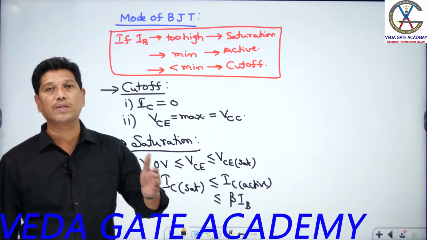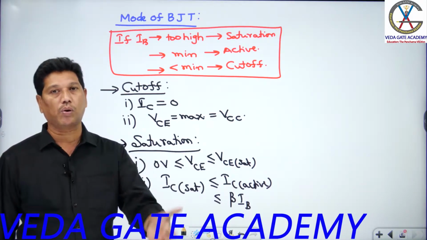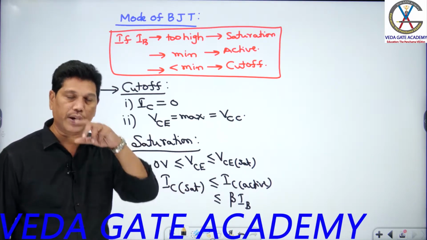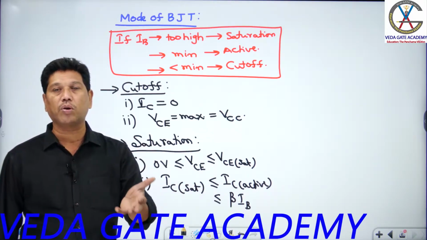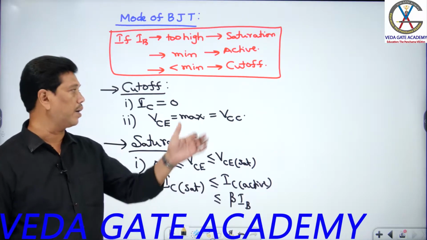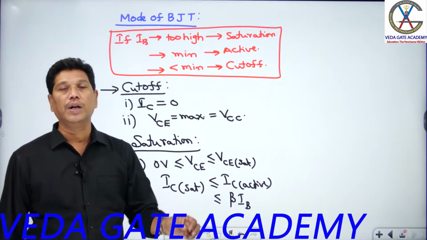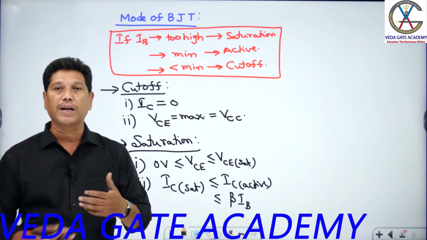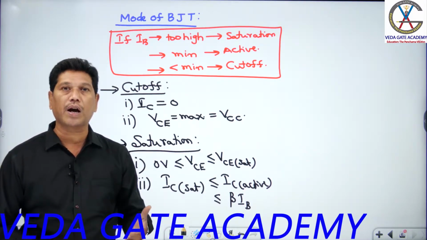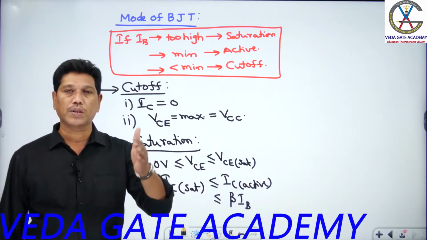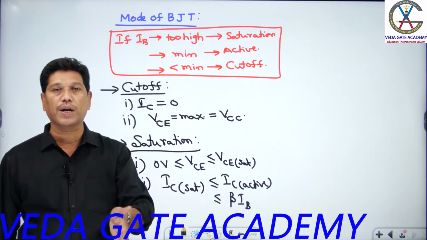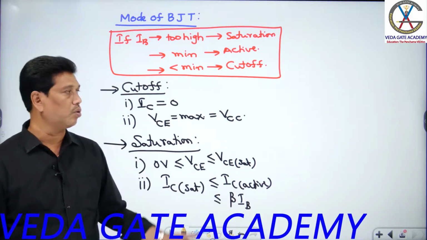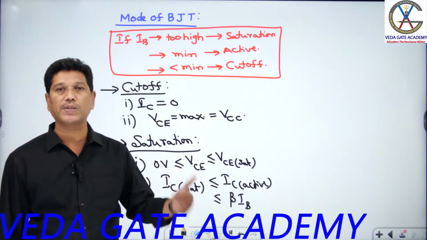Under saturation mode also, the collector power dissipation is close to 0, because here current is there but voltage is close to 0 or negligible. So power dissipation is ideally 0 or practically negligible. So under the switching modes of cutoff and saturation in BJT, the power dissipation is 0 or negligible. So wherever the BJT is used as a switching device, that circuit is a non-dissipative circuit, students, a non-dissipative power supply circuit. Non-dissipative means it does not dissipate power as heat.